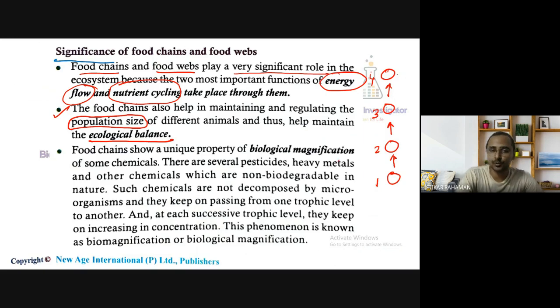I am explaining this thing in another way. For example, this first component is eating this second component, right? First component is eating this second component. So what will happen? The number of this component or this animal,